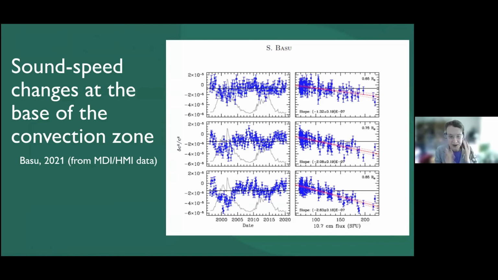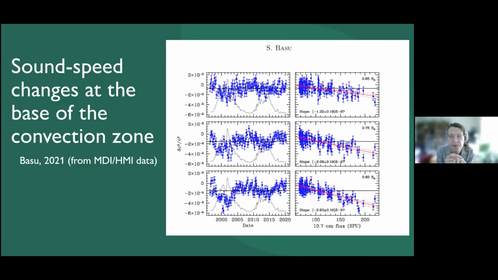Well, possibly not, seeing as Saban is on the SOC. Anyway, so here they are again looking at sound speed changes at the base of the convection zone. Once they noticed something, even though I pointed out that most of the effect of the frequency changes looks very much like a surface term that changes, they did notice that if you do that kind of fit,